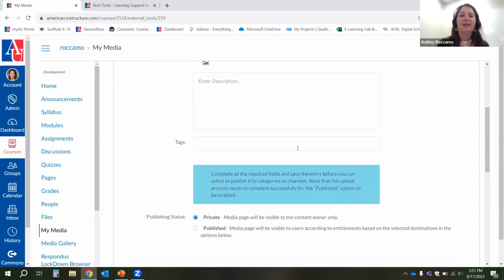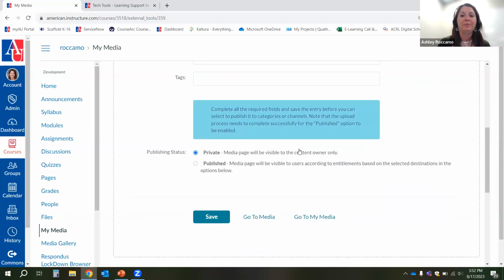You could add a tag that is your course code. So then you can search for that tag yourself when you're in your My Media area. You don't have to worry too much about private or published. That is a feature that aligns with the Kaltura Media Center, which we're not really going to cover today. If you leave something as private and then you go and embed it in a Canvas